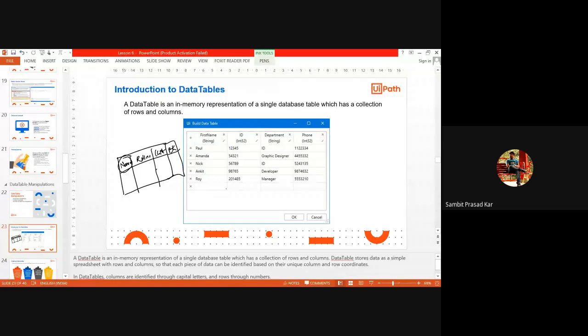Suppose name is a string variable, roll number is an integer variable, CGPA is a string variable. What kind of variable can we take for backlog, which says whether he has a backlog or not? Sir, we can take boolean. Exactly, good.